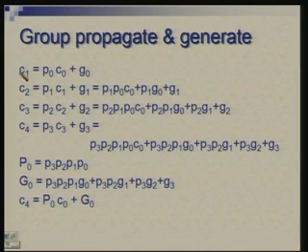So, we call these group propagate and generate, or block propagate and generate signals. Recall that the expressions for C1, C2, C3, C4 in terms of P's and G's were these. On the whole, looking at all 4 bits together, we say that this block propagates carry if all small p's are 1. That means if P0, P1, P2, P3 are all 1, then the incoming carry will get propagated. We call this capital P0.